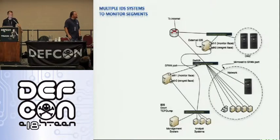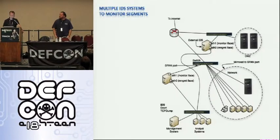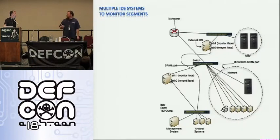So you've got your DMZ, and you've got to have your external IDS system. It's separate from another system that has your internal LAN segments, and this could be scaled up to worldwide systems. The key is that all the information from all of the IDSs, if you're not in an environment where you can monitor all of your traffic from either a hub or a spanned port switch, if your switches don't support that, because they don't all do that, or if you're in just such a huge environment that you need multiple taps,